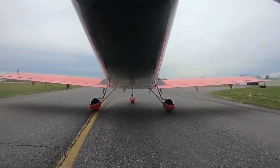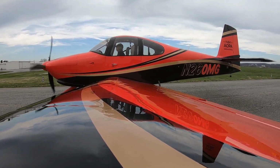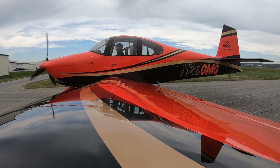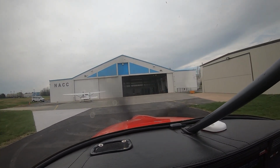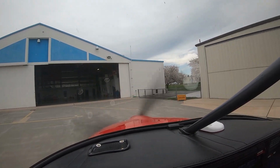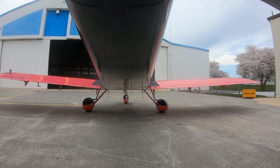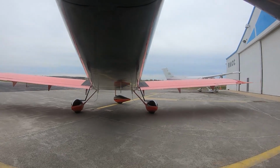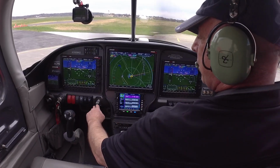One last thing that I'll demonstrate on this orientation flight is just how well this airplane can turn on the ground. Tailwheel airplanes can pivot and turn on a dime. Well, so can this one. The free castering nose wheel allows it to turn incredibly sharp, and it'd be nice to turn 180 degrees, but I'm not going to blow the hangar. I'm going to do a 90-degree turn here, so watch this thing turn. I won't completely lock up that wheel, but just look how it turns on a dime. It's really something else. And to turn things off, it's just